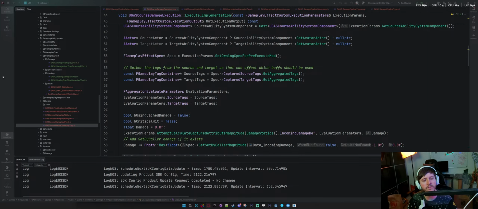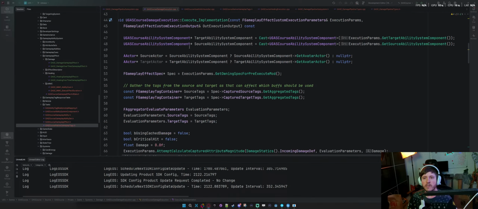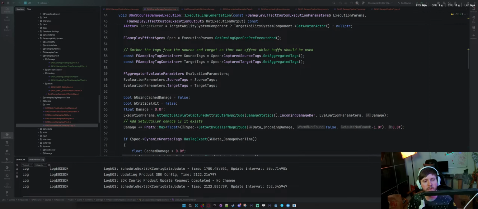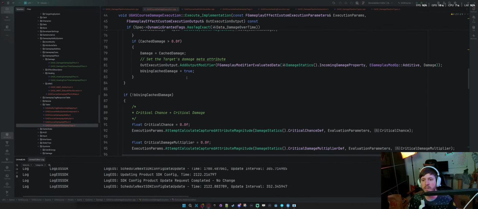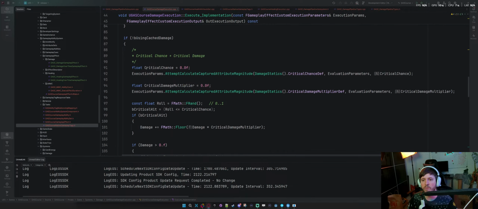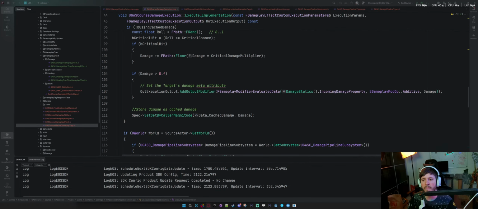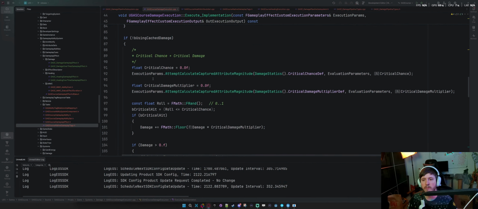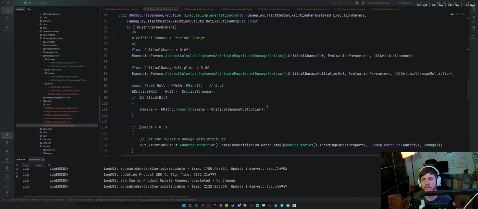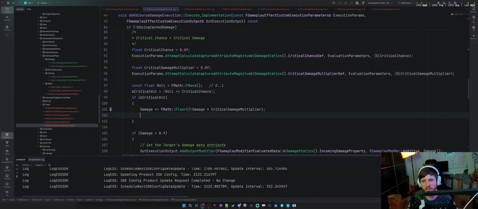add dynamic stuff to it. Because I'm already getting the spec, right? So I should be able to say spec dynamic tags, right? It has damage, critical damage. So if the critical hit, I should be able to then say spec dynamic add damage type critical.